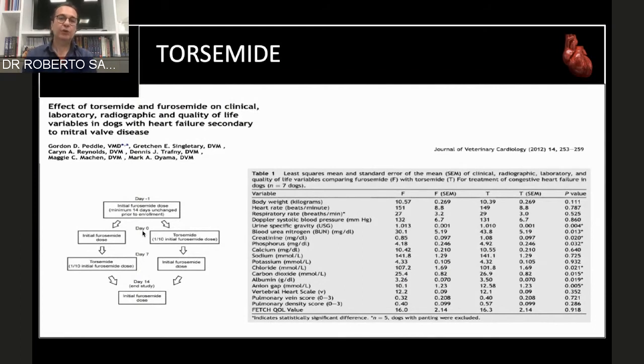We are so good with furosemide. We were afraid that torsemide is damaging the kidney. And so this is the first study that they try to understand if this is the case. And then if you go here, you can see that for torsemide and for furosemide, the use of creatinine was very similar, phosphorus was very similar, so there was no major effect, obviously